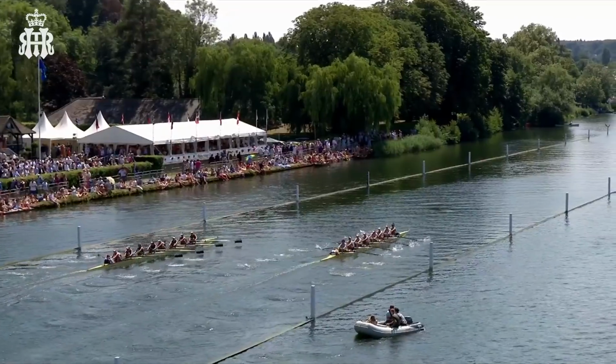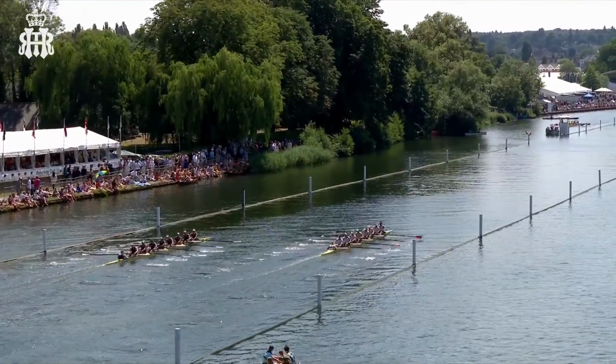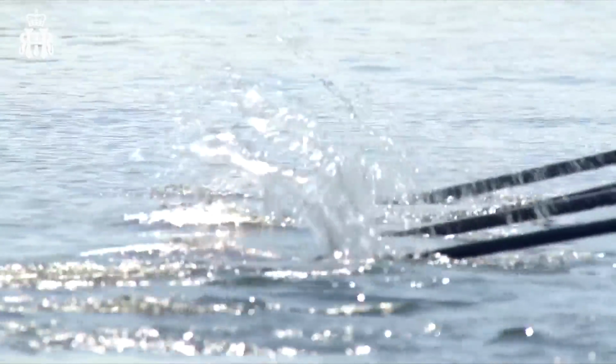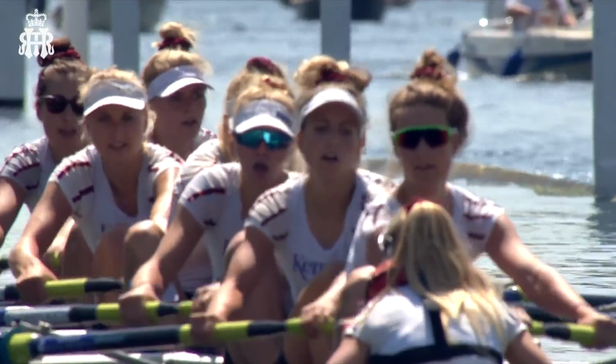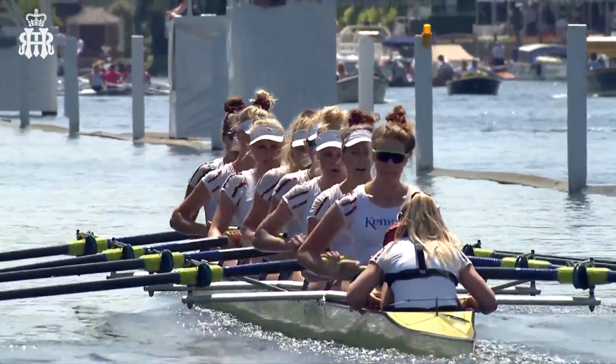I'm sure they've had some tough NCAA racings, and they're going to have to really call on that experience. Their Cox is going to be trying to make sure they maximise the speed and come back. They mustn't let the Dutch get clear water, or it'll be really hard to come back. Well, Yale have enough time on their side. There's still enough of the race remaining for them to put in their own push, but it's just when and